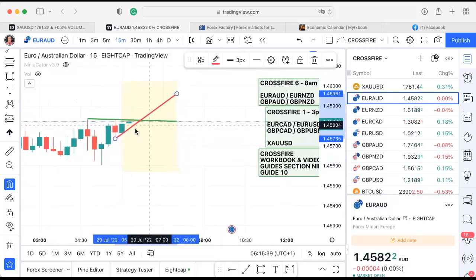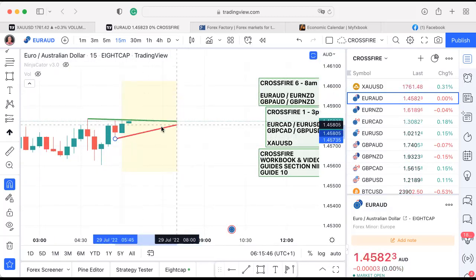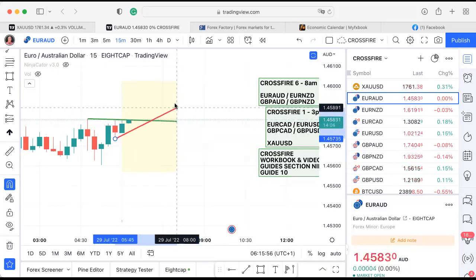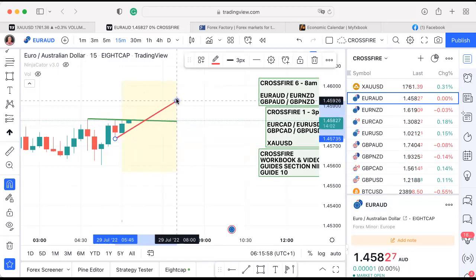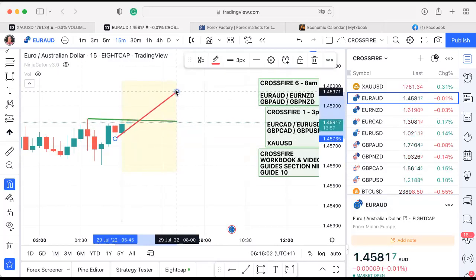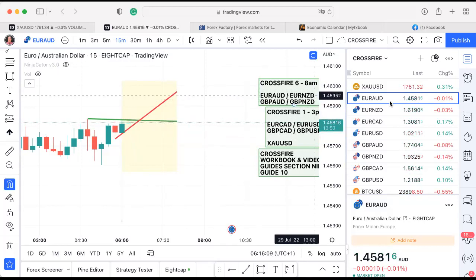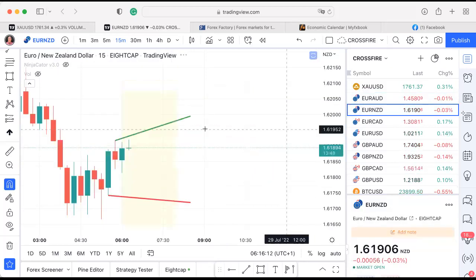What I'm trying to do is get that red line to go through where the wick would be if there was a wick. Now let's just check, right, so there's no wick on the bottom of the 6 o'clock candle. So we're trying to get it to touch in the center of that candle, center left to right rather than top to bottom. So I'm just going to put it there. But as I say, it's not absolutely crucial that you get them in exactly the right position. So that's one pair set up. We'll just do the other 3 pairs.